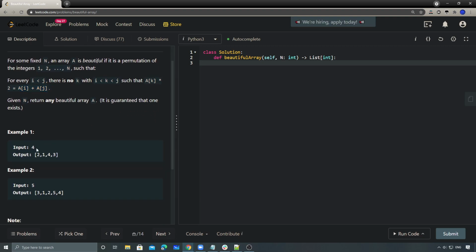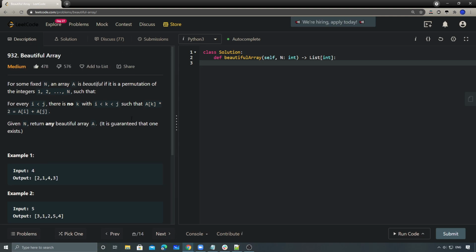So here are some examples. We have n equal to 4. One of the possible beautiful arrays is 2, 1, 4, 3. So what does this mean? It means that for a permutation, we have 1, 2, 3, 4, 5, 6. So for example, if we have this one here, obviously this is not a beautiful one because,